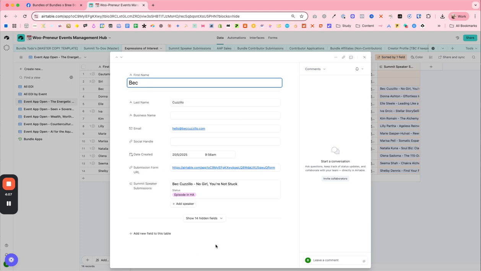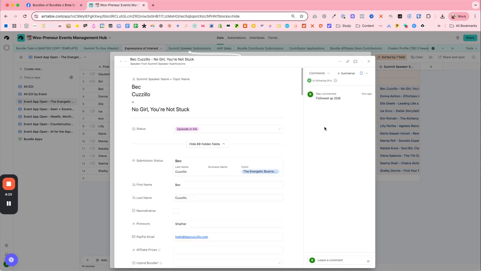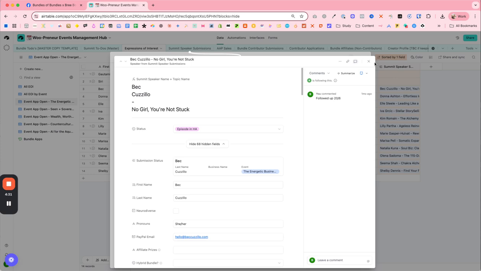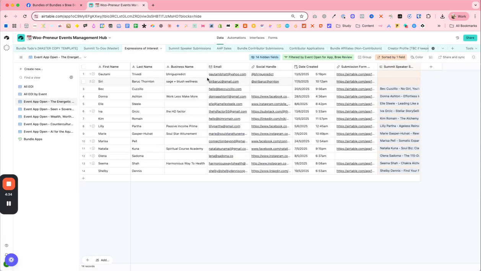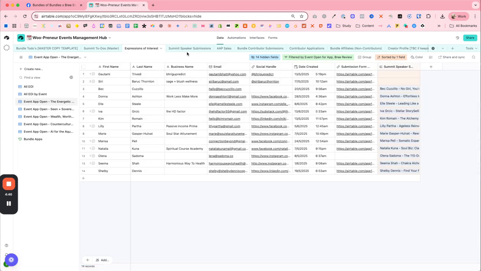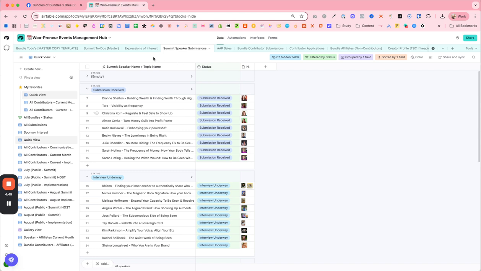expression of interest here in this sheet, and there's a few things hidden because they're not necessarily part of this particular view, so we don't need to see them all. But you can also see here, this is the link to another record, and this is her submission form and everything that comes through there. All right, so that's connected to that, which is really important because then it means people don't have to duplicate certain things. Like if they've already given you their email and their social handle and website and all that sort of stuff, you're not asking for that again,